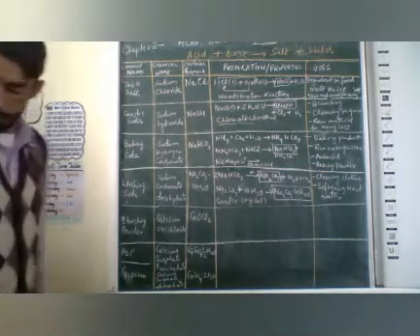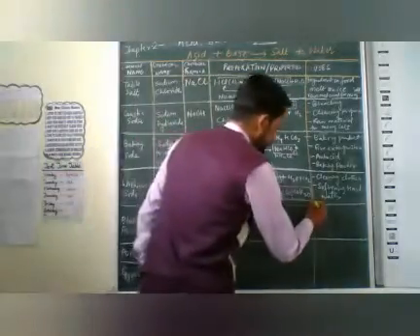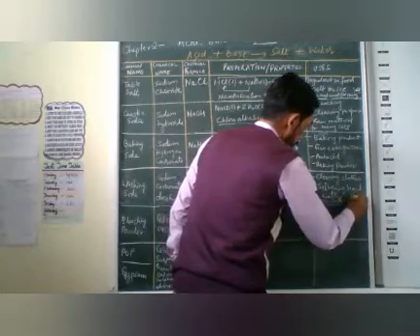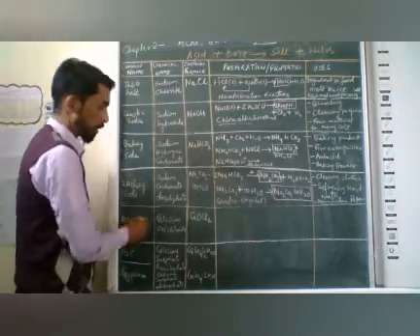And some other uses, if you want to write, then you can write. It is used in the manufacturing of caustic soda and borax also. It is used for manufacturing paper also, in paper industries. There are so many uses in your book you will get. Okay. Bleaching powder. Now up to this, dear students, you need to take care.